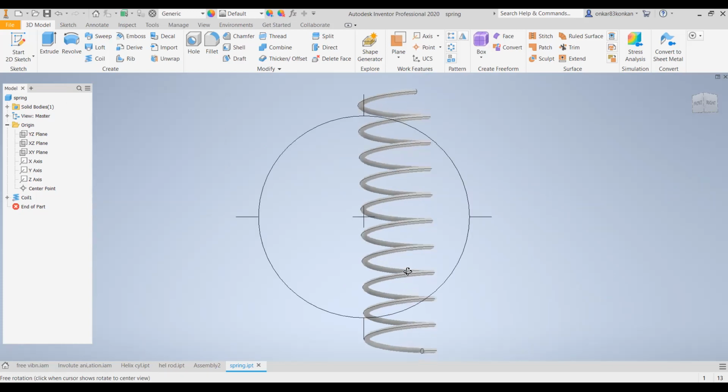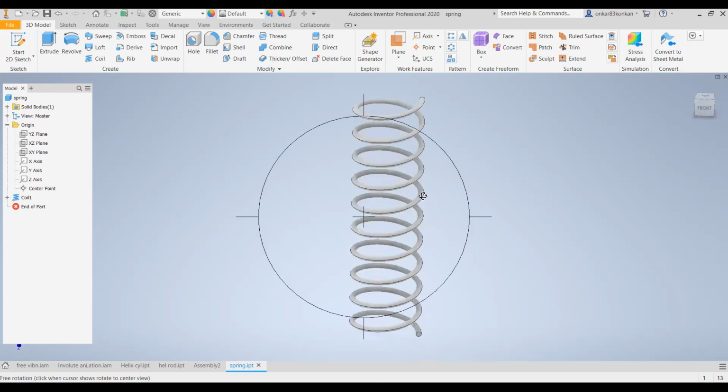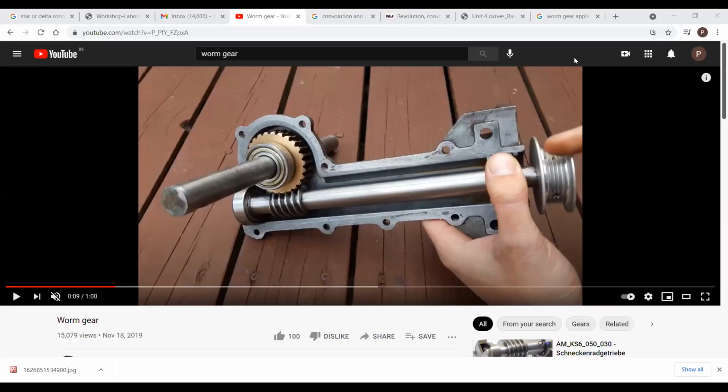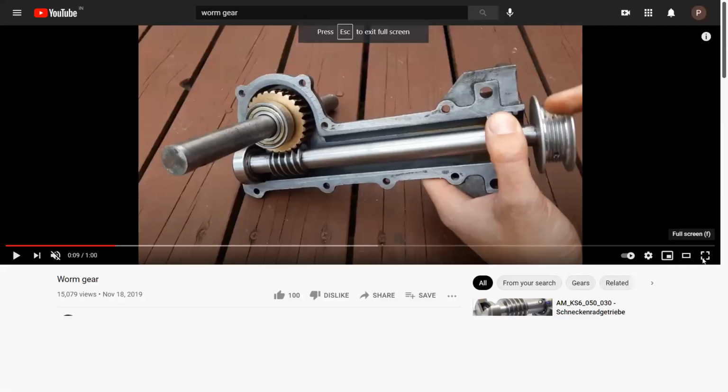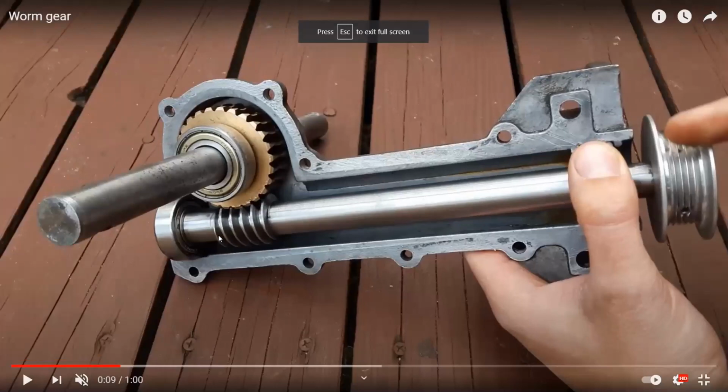Actually I don't have the image for the worm gear. Just a minute, I will show what the worm gear means. So here you can see the worm gear. Okay, this spiral gear is called a worm gear.